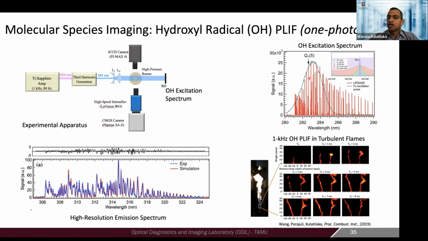One of these lines, for example, is what you typically excite using a nanosecond laser, because the laser has about the same line width as the excitation transition. But with a femtosecond laser, you have a significantly larger bandwidth. So instead of exciting this one line, you are exciting a large number of lines at the same time. So here are some of the results. Now, just jumping forward, we can do these OH images in a turbulent flame, for example.